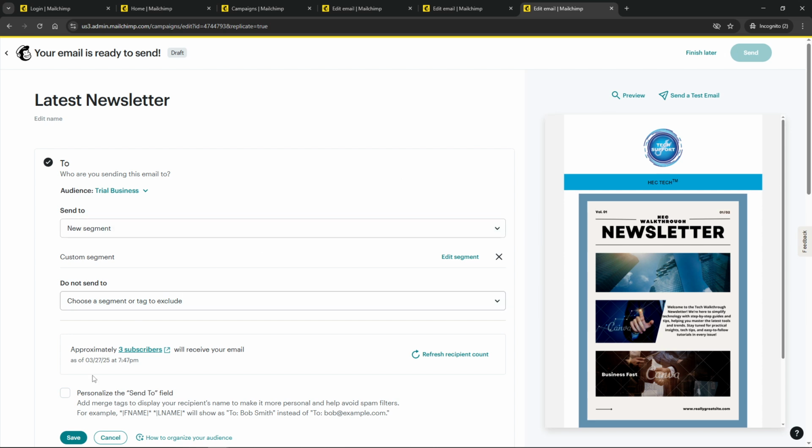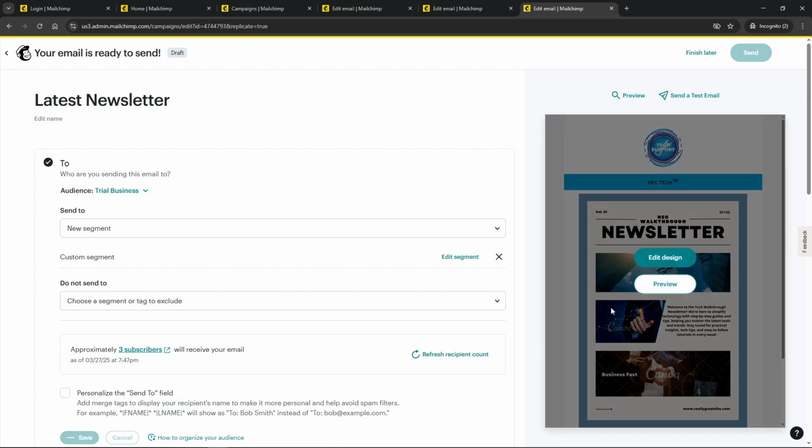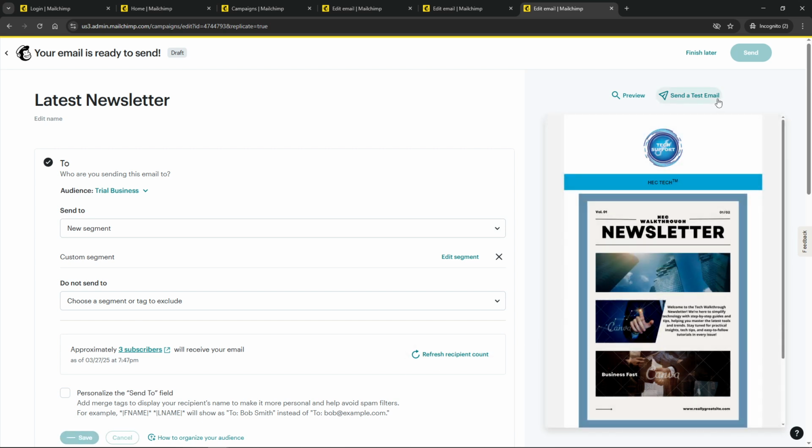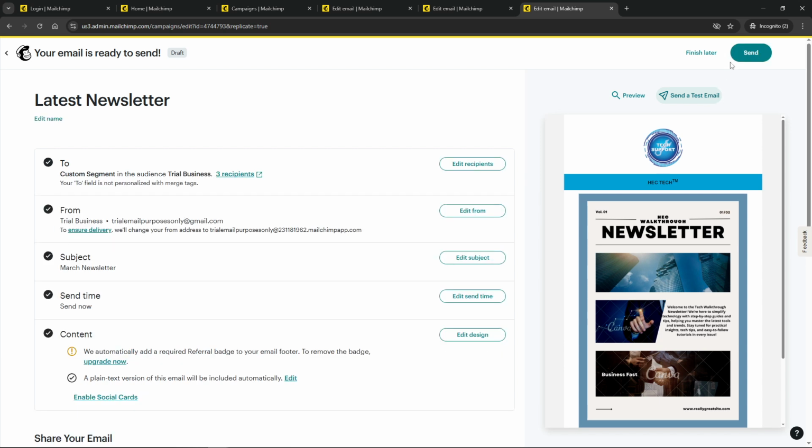This method not only helps you maximize the effectiveness of your email campaigns, but also enhances the likelihood of connecting with your entire audience. It's a simple yet powerful tool in your Mailchimp toolbox that, done with care and attention,